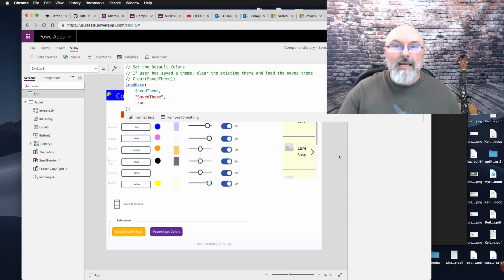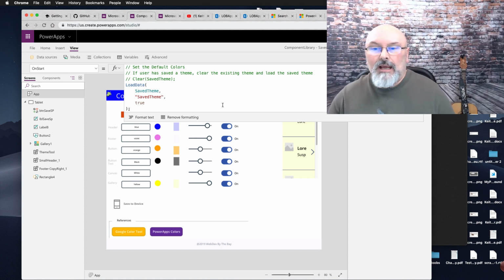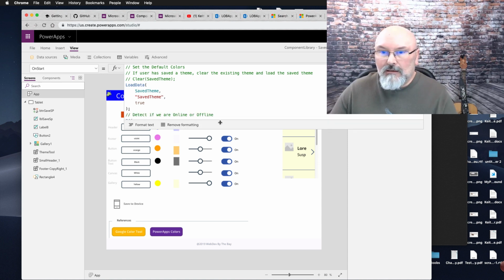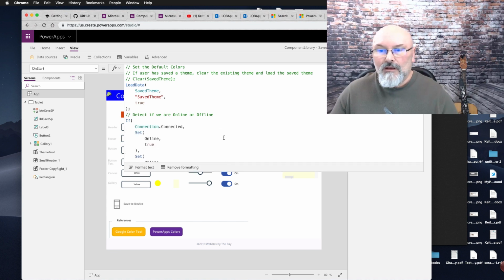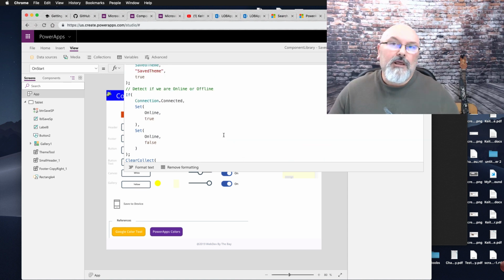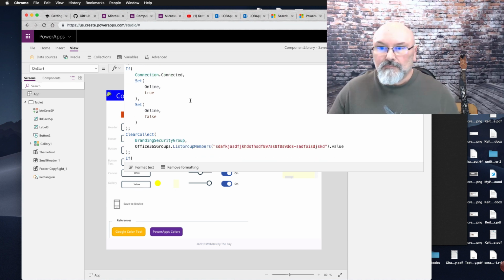So we're back in Power Apps, and I am in the main screen of the application, and I'm going to the App OnStart property. And what I do first, I load the saved theme. If there's anything on the device, I load that first. Then I determine if we are online or offline by using the Connection.Connected function.